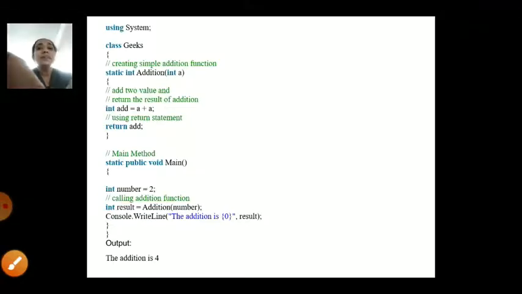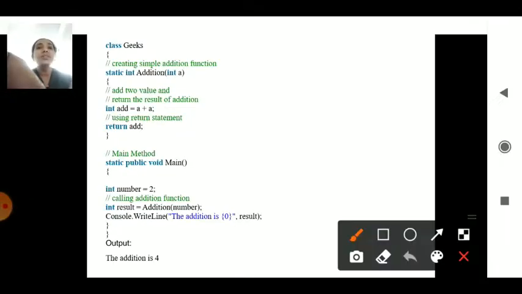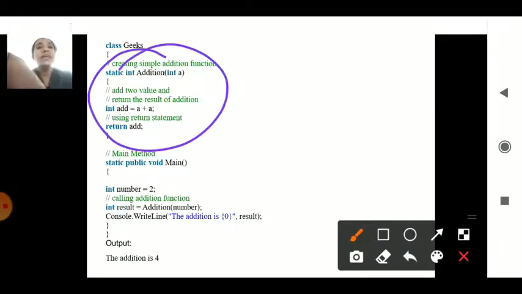And here an example is there. You can check out what the example is saying. A method is there called addition, and it has a variable a. That method will be doing the addition part, where add is an int variable, of the data type int. add is equal to a plus a. It will be adding a two times, a plus a, and it will be returning the addition value to the